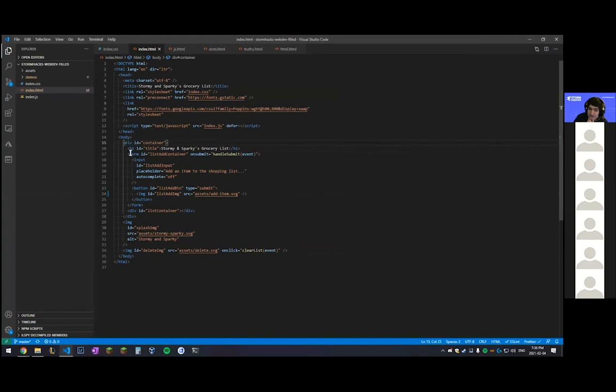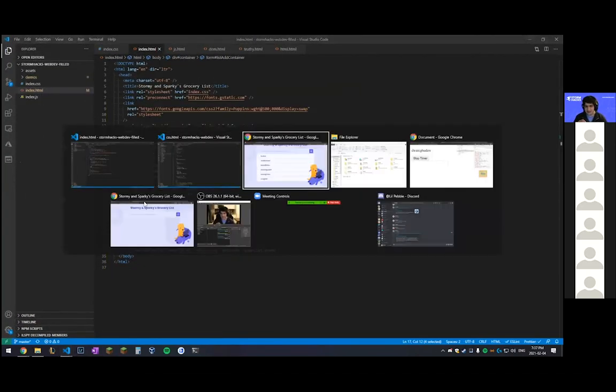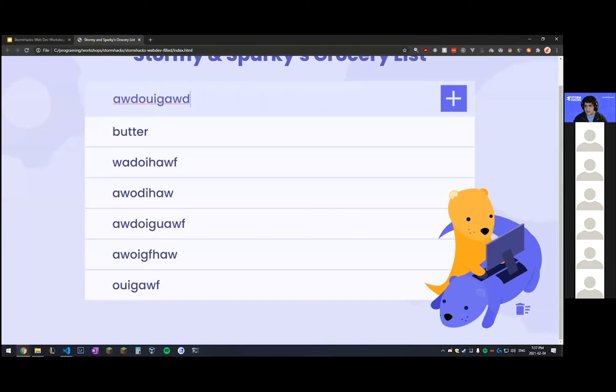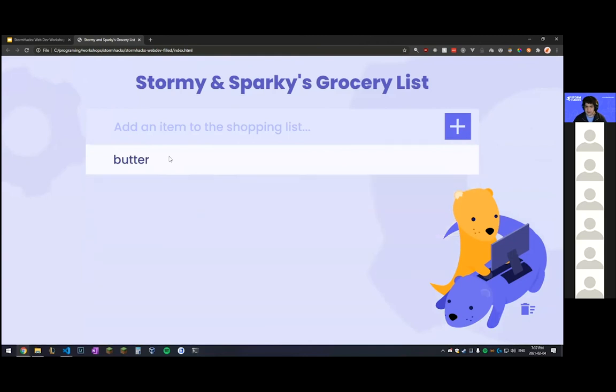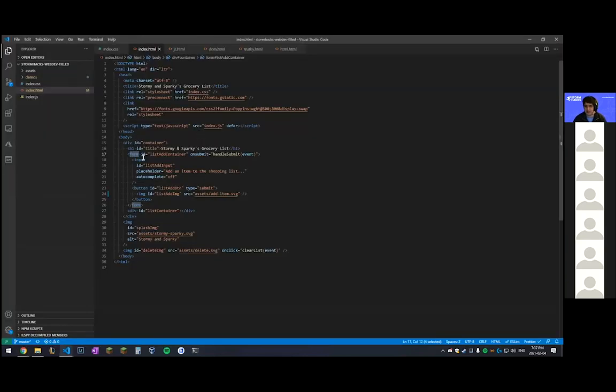So here, this is a form element. A form element is a very important element if you want to fill out a form when you click enter. You guys saw that when I was adding an element, I'm not clicking on this add button, I'm just pressing enter on my keyboard, and it does that. The way that works is that if you're on an input and it's surrounded by a form and you click enter, it will call the on submit of the form. And this on submit is a handle submit